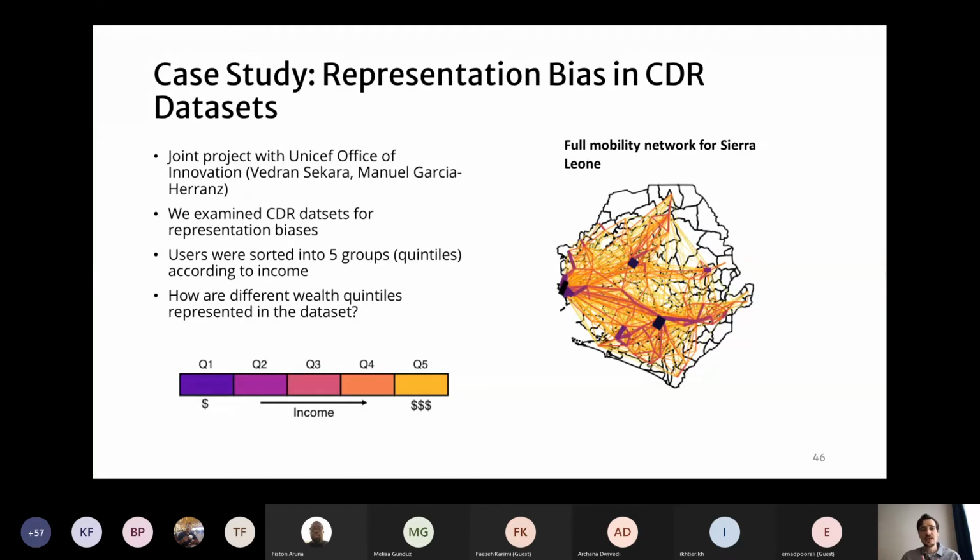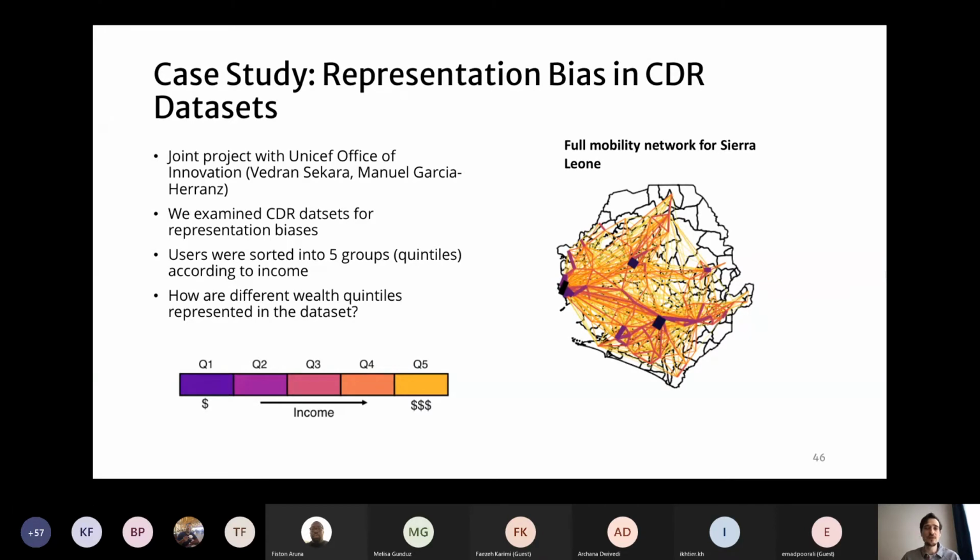For these countries, the MNO sorted the users according to income into 5 different groups, into 5 quintiles. Income here was measured by how much the user spends on their phone contract, so how much they spend on text messages, calls and data, which is a bit of a coarse measurement,